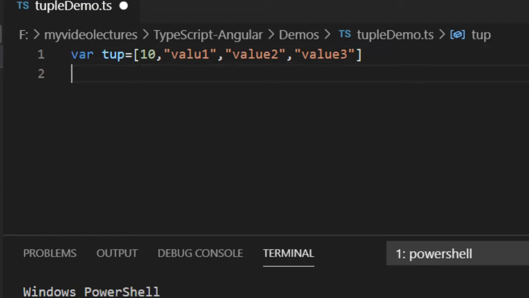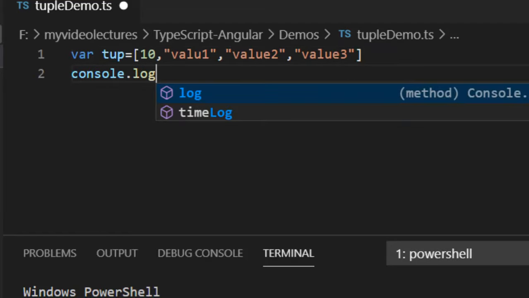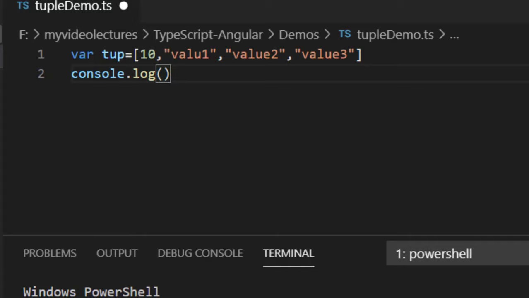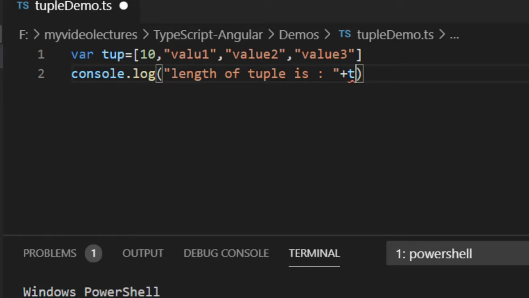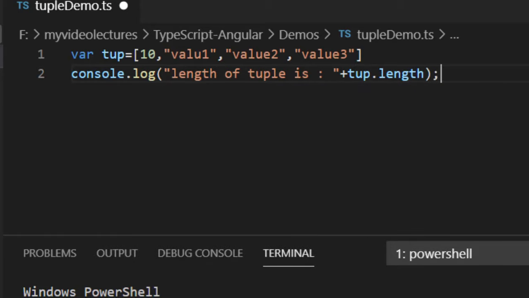Now try to print console.log, length of tuple is, tuple.length.